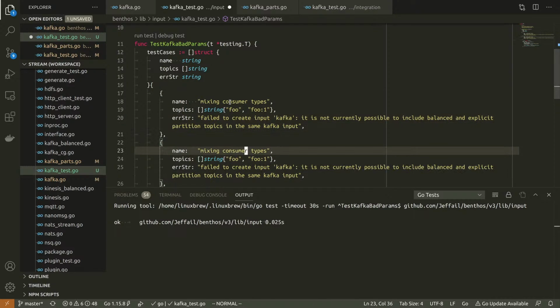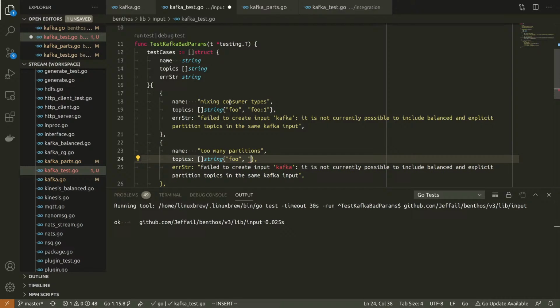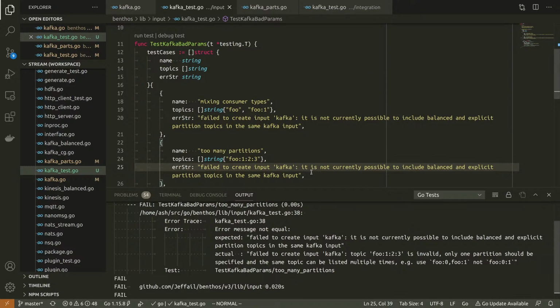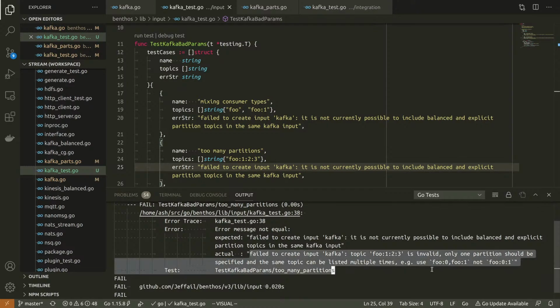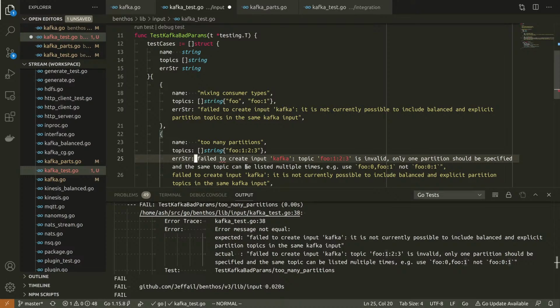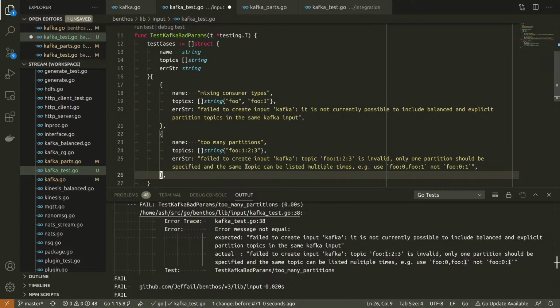And the other thing we want to do is too many partitions. So we'll have a topic where we specify a partition and then another partition, another one like this. And what does the error come back as? That's a good error message. Look at that. Tells you what went wrong and it explains how to fix it.